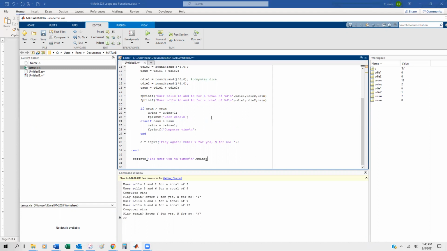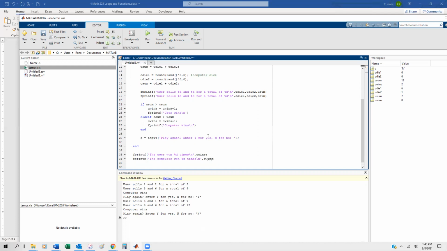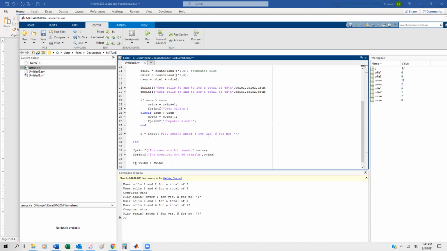And we're just going to copy this, and the computer won cwins times. And we're going to say if uwins is greater than cwins, we're going to fprintf user is the ultimate winner,